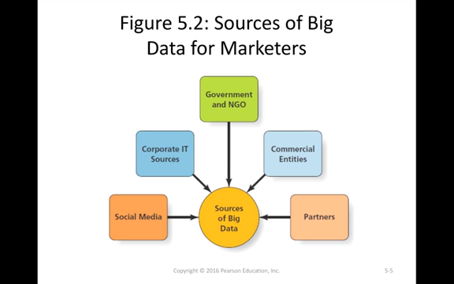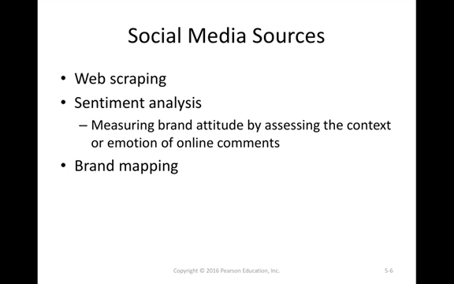As for social media, we can get a lot of information from social media nowadays. People post a lot of information, share a lot of information with the public, right? We can use that to figure out what they really think about you, about your brand. Okay, there are some techniques we call web scraping, brand mapping, or sentiment analysis. These are the techniques that, when you use them, you can gather information from social media, looking at keywords when people talk about your brands, whether they like or dislike your brand.